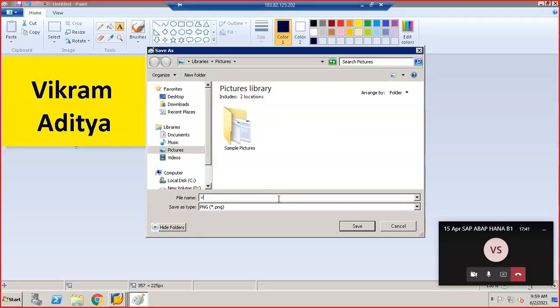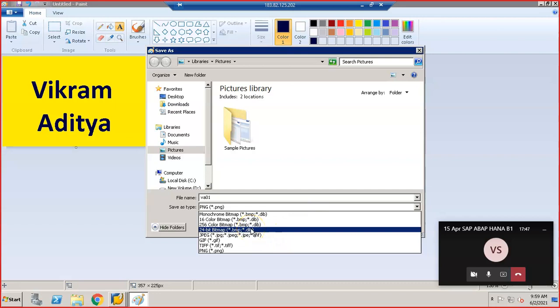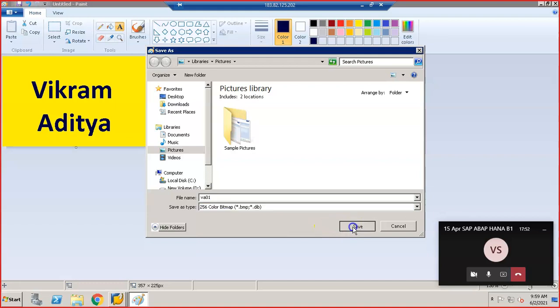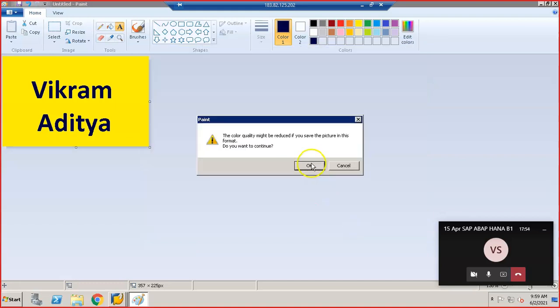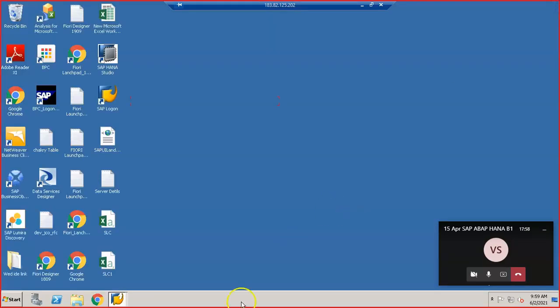I'm going to name the image VA01, and it needs to be created as a .bmp bitmap image. So this is created in the bitmap image.